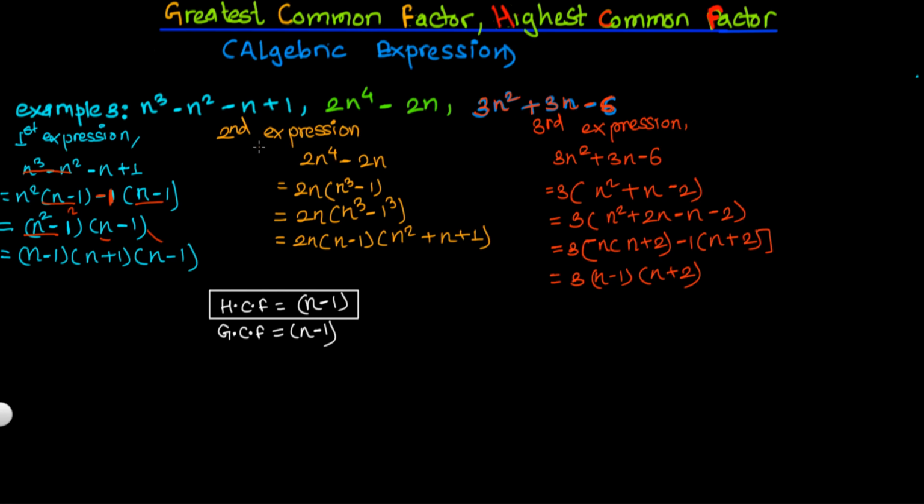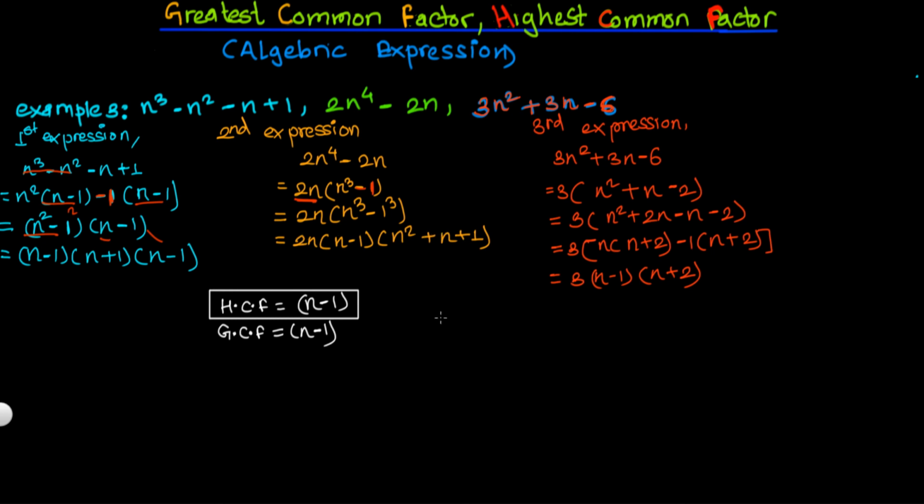Now let us see what we can do for the second expression. The second expression is 2n to the power 4 minus 2n. If you take 2n common, you will have n cube over here. Then if you divide 2n by 2n, you would get 1, so the remaining part is 1 over here. If you want to further simplify it, you have 2n times n cube minus 1 cube, and this is nothing